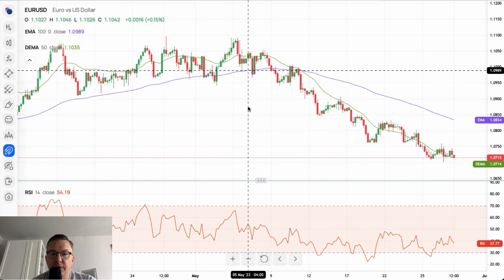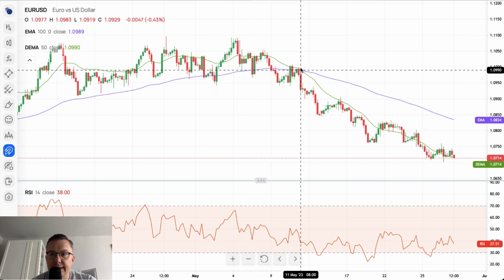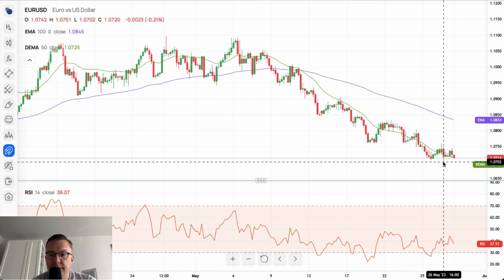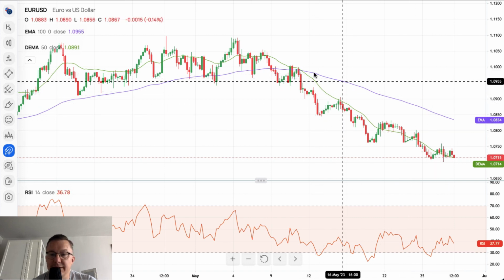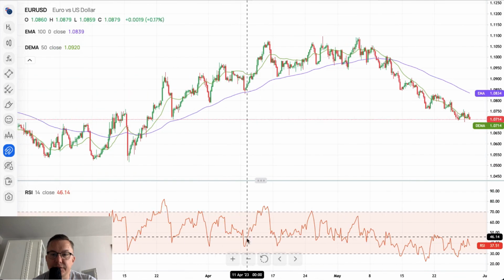As you can see, our chart of the euro dollar is showing us that this pair is moving lower and lower. Right now the low is 1.0702, but the downtrend remains intact. The market is trading roughly around the 50 periods moving average and way below the 100 periods moving average as well. Let's find out where is the next target for the